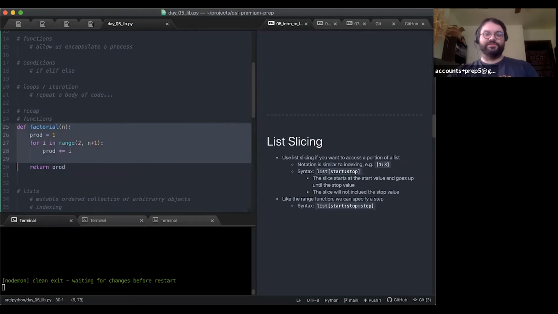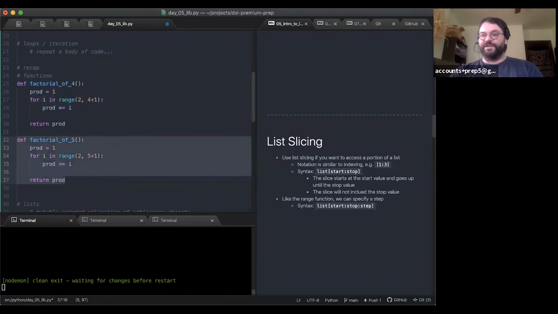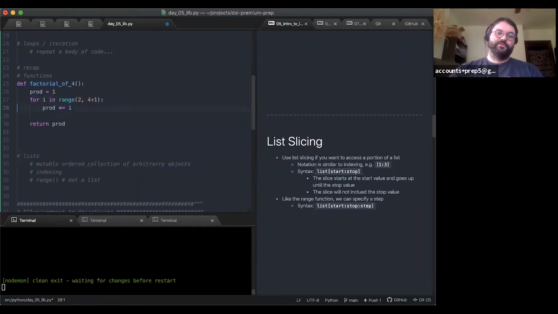So this function definition shouldn't be tailored to calculating the factorial of 4, right? Otherwise I should call it factorial of 4, and then every time I want factorial of 5, I'd have to copy my whole function and do factorial of 5. Hopefully it's clear that we don't want to do this. We don't want to rewrite the whole factorial function every time we want a factorial of a different number, right? So what we do is supply an argument or, more accurately, a parameter,